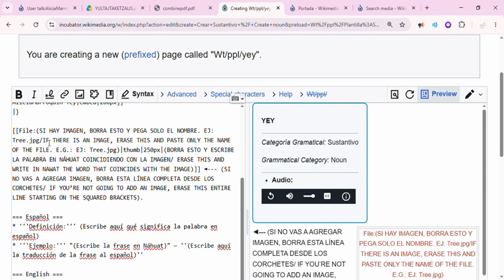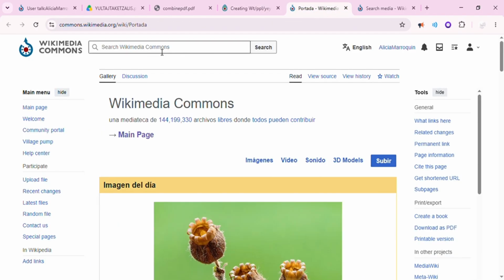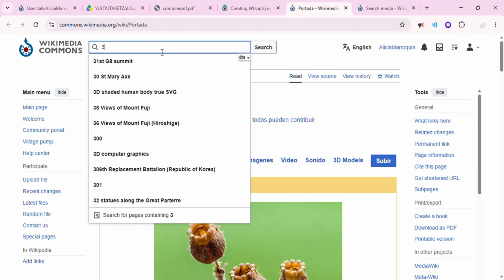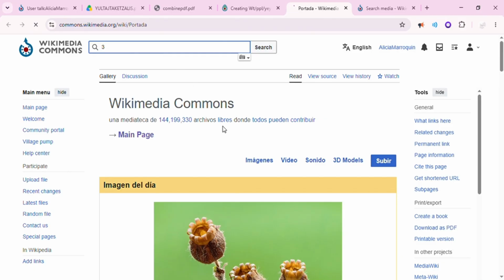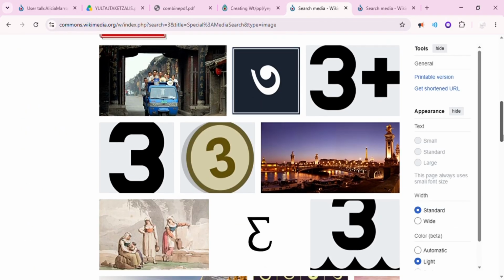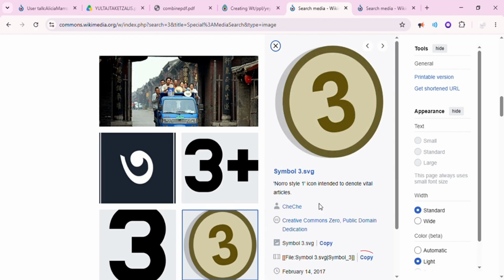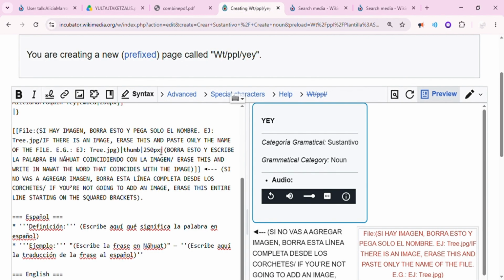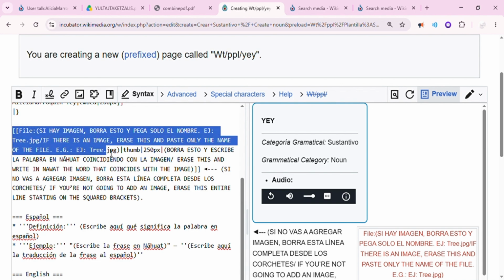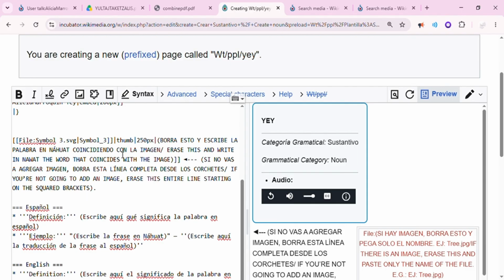Next step is you move on to the images. You go to Wikimedia Commons and you look for an image. We're looking for number 3, and I'm going to use this one. And okay, you copy it, follow the instructions, you replace starting with the brackets, the square brackets, to before it says thumb. You paste it,